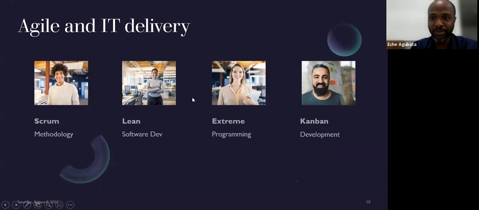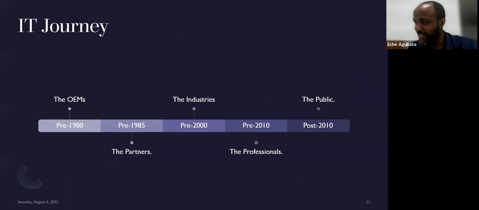All right, so let's move on. IT journey. Of course, IT started with the big boys, before some other small boys that wanted to chill with the big boys followed suit, and then of course the whole bandwagon. Among the OEMs, pre-1980, it was the Microsofts, the Apples, the IBMs that had the center stage. But they did a lot of work for the IT world, as we'll call it today. They set the pace. They created the hunger, they created the demand for IT.